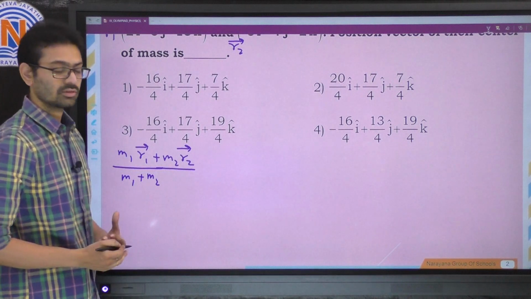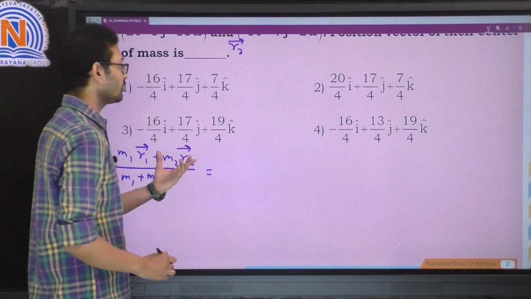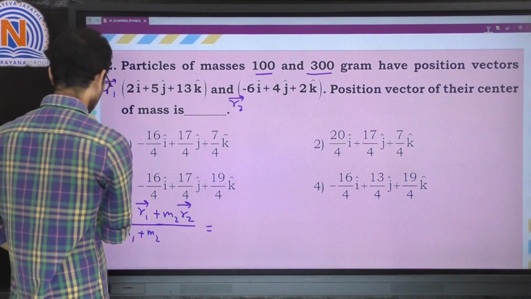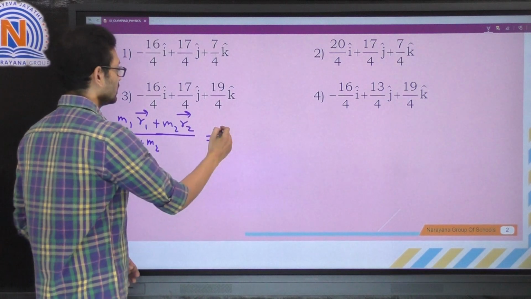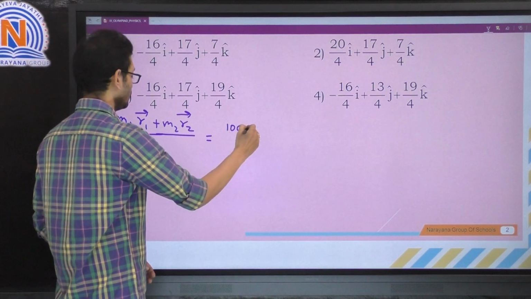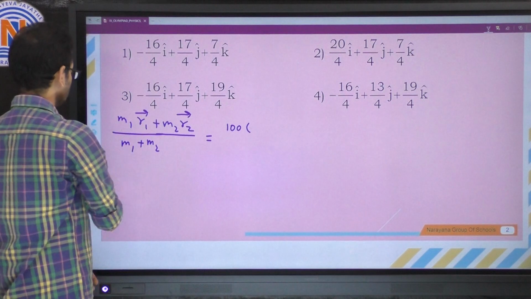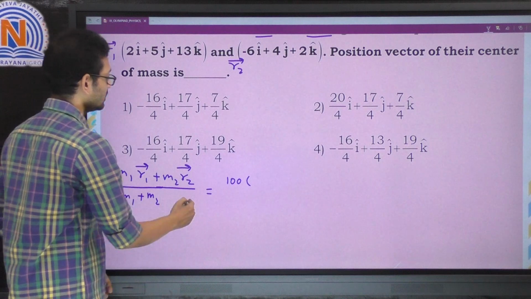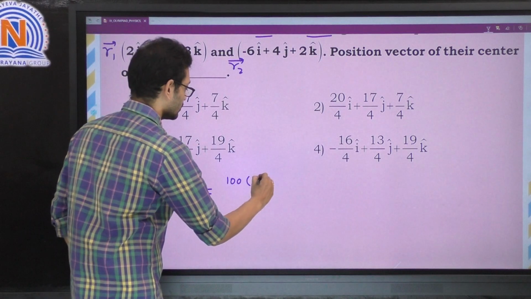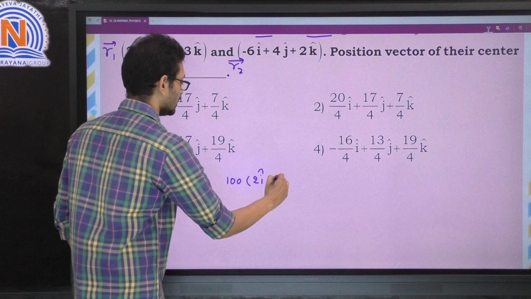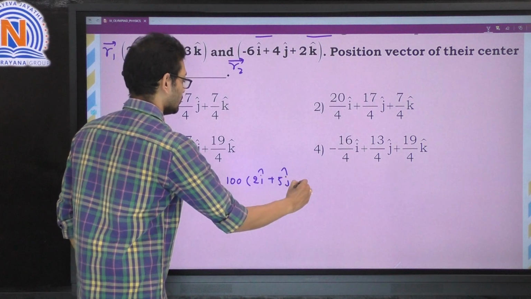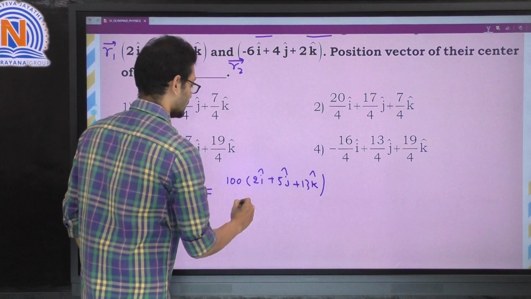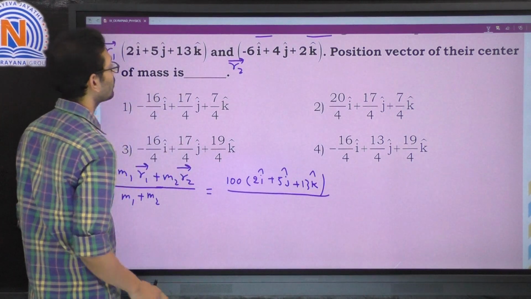So when you want to substitute these values, M1 is given as 100. So 100 into R1, and R1 is given as 2i cap plus 5j cap plus 13k cap, divided by what we'll be doing, okay,